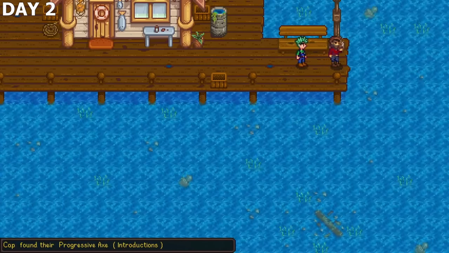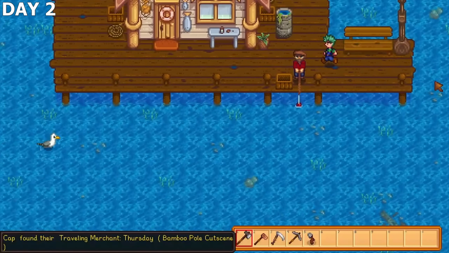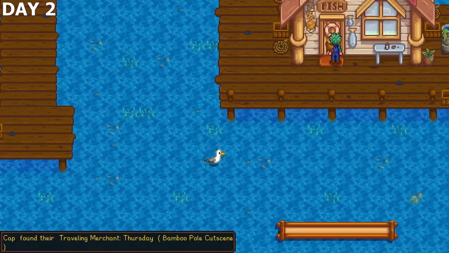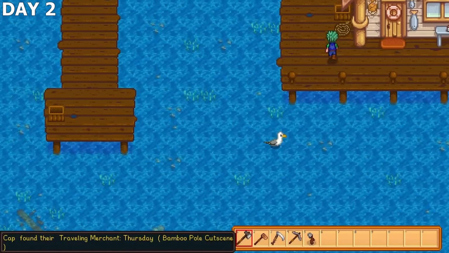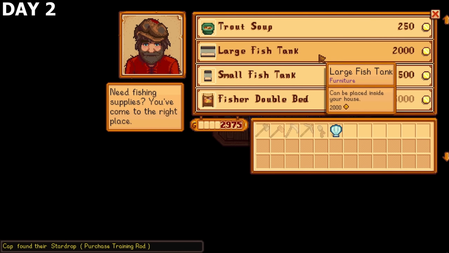And the fishing pole check was for a traveling merchant for Thursday. I could only assume this meant the traveling cart was locked from the start and I couldn't access her on the normal Fridays and Sundays. But from the sound of this, I'll have to keep an eye out for her on Thursdays. I also bought the training rod check, which was a star drop, costing 25 gold, a pretty good deal if